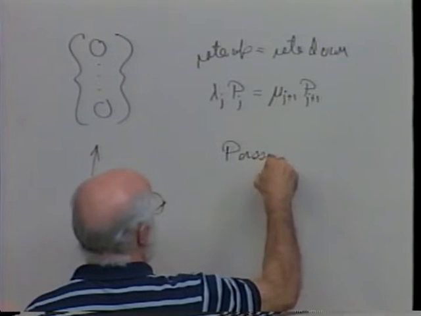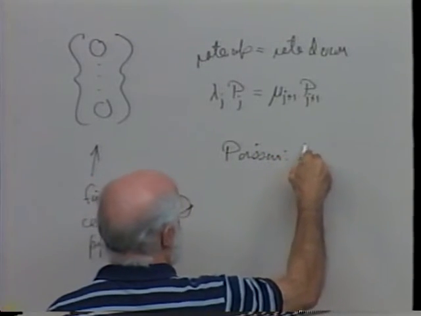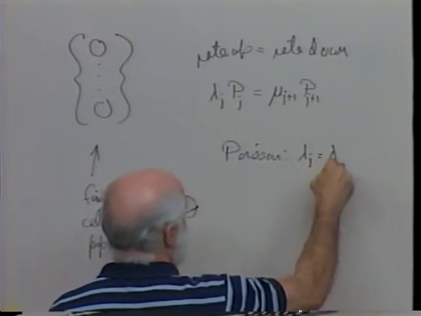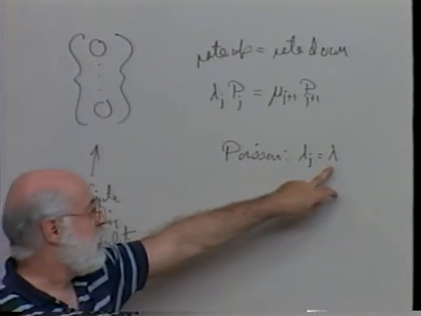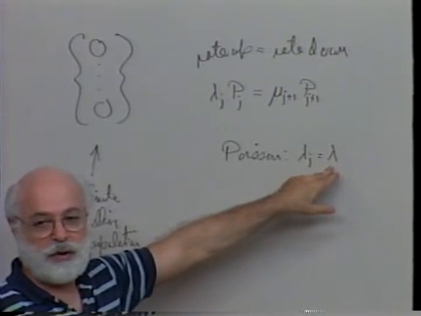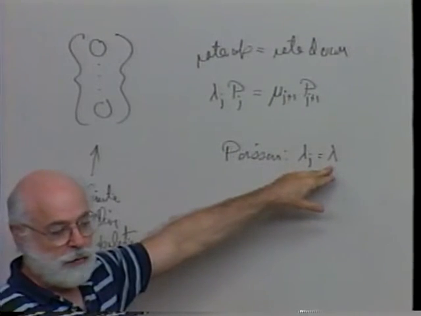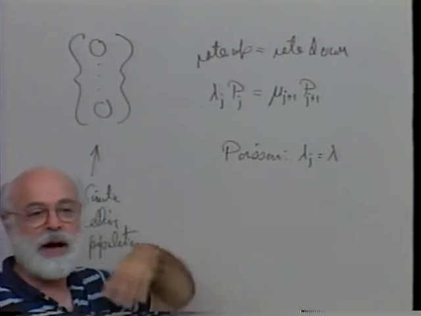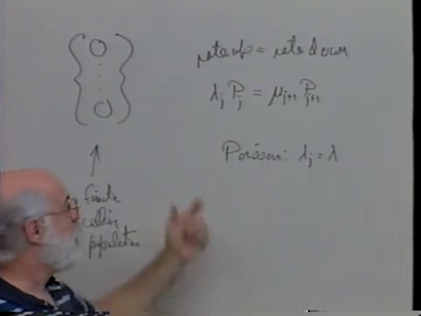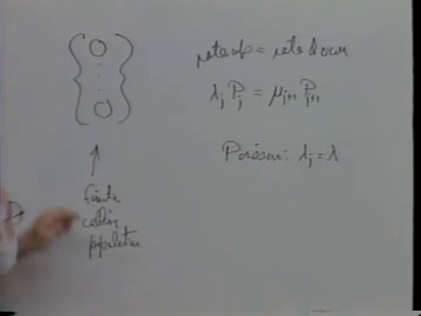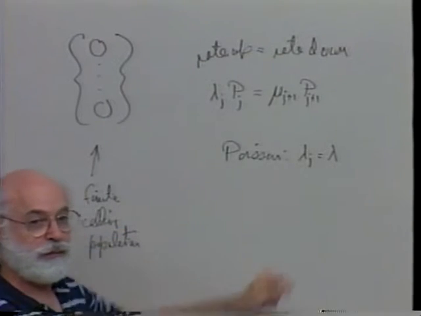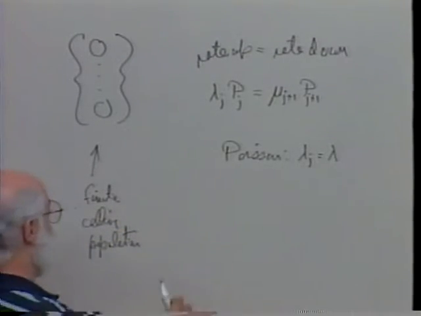Now, Poisson input means lambda j is a constant. That is, this rate does not depend on the state of the system because we imagine that the arrivals are generated by sort of an outside pressure which doesn't know what's going on in the system. However, I might want to take the case in which it does. For quasi-random input,